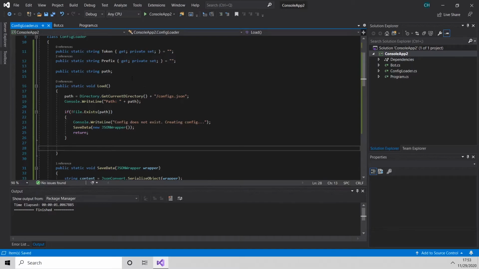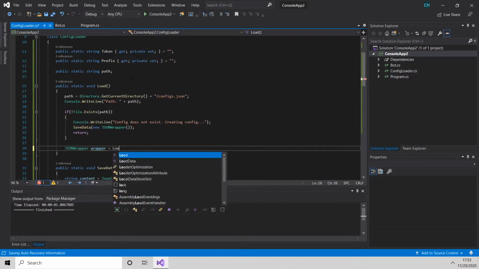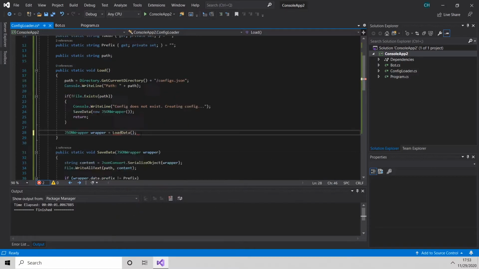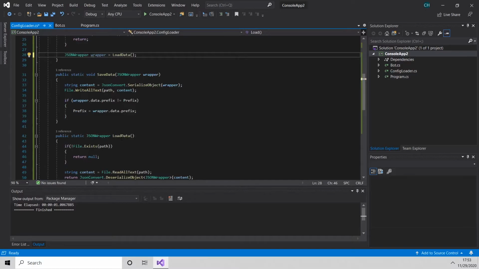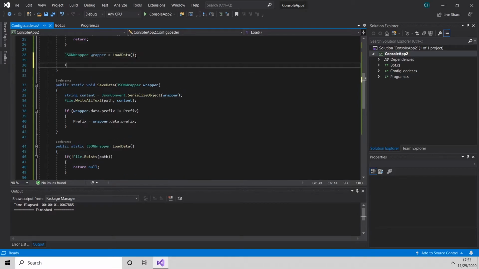And what we're going to do is JSON wrapper, the name wrapper, equals load data. And because we have the return value of JSON wrapper down here, we always return a JSON wrapper. So we're setting wrapper to load data, which is in fact a JSON wrapper when you look into it. And then we're simply going to set token to